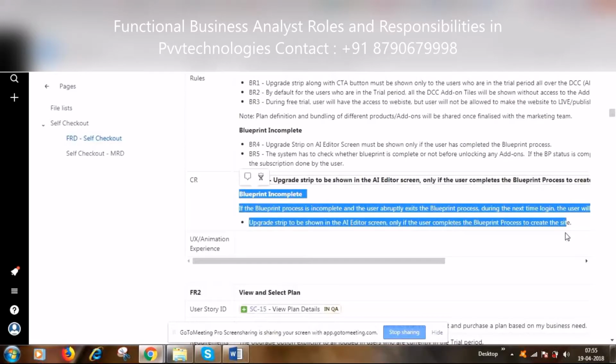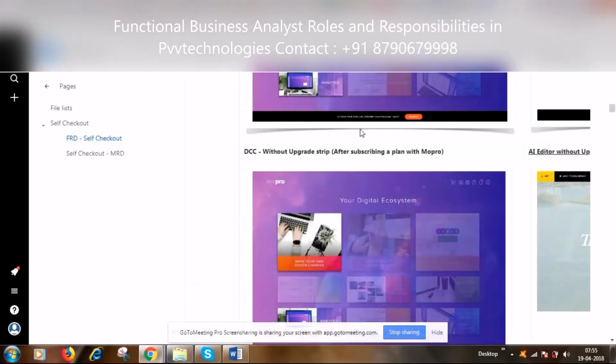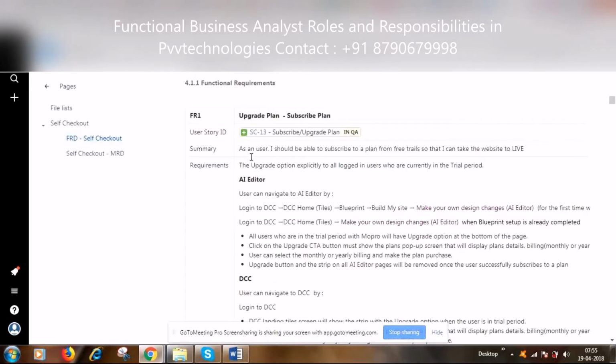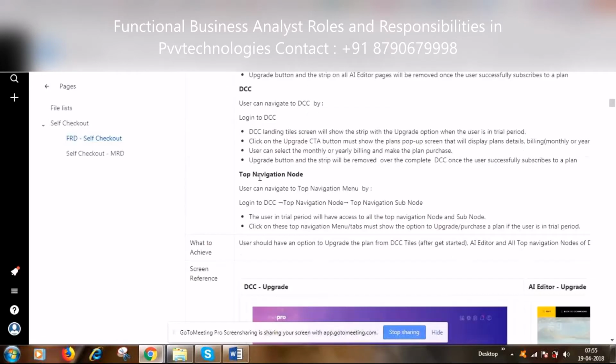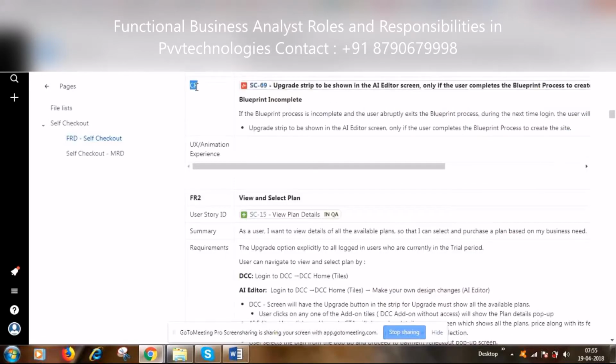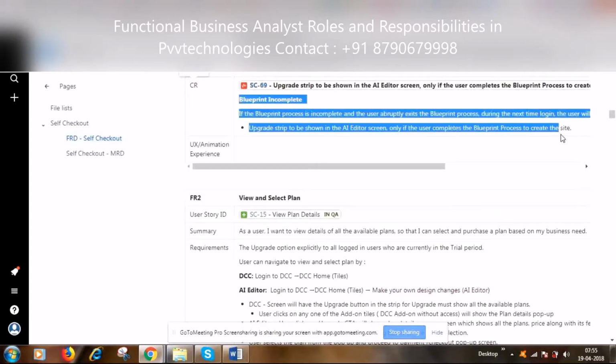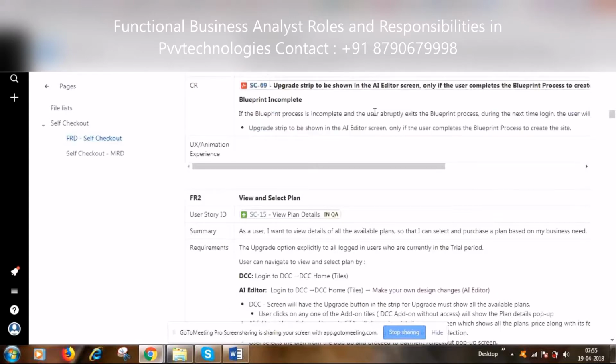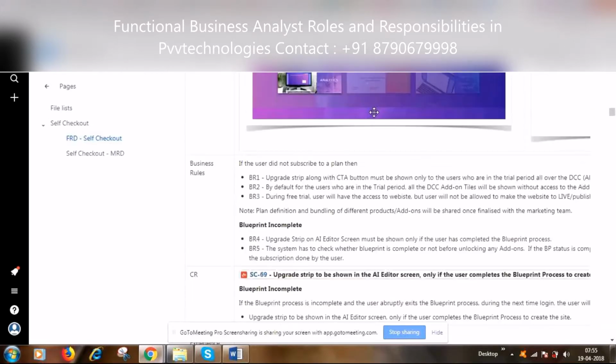So against which particular user story that change request has come, you record it here under the change request. See here, you create a task in the Jira for this. So can you visualize that, Kavya? Whatever I'm saying. Yes, Abdul.